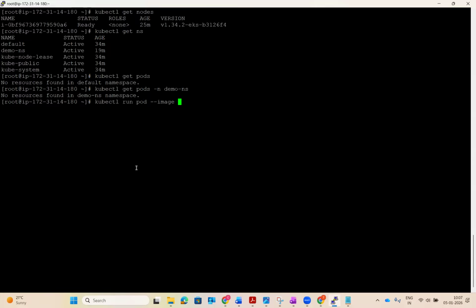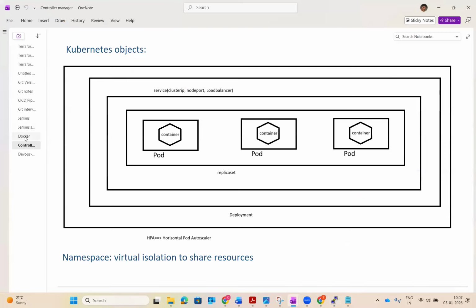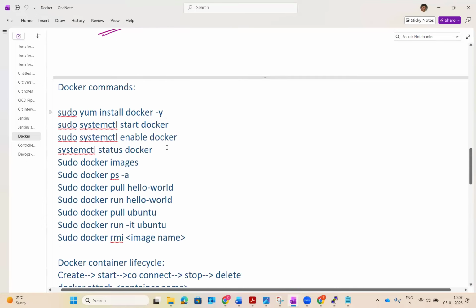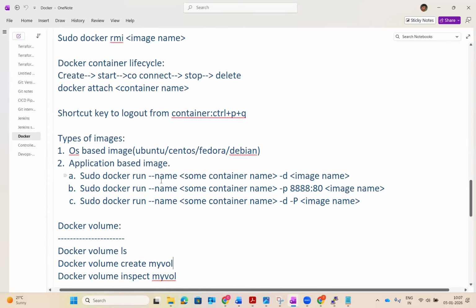If you remember what we did in Docker, we executed the command docker and then the keyword run,